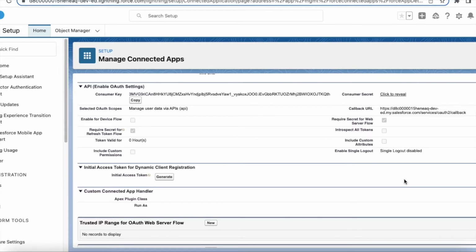The first step for this implementation is we have to create a connected app. Go to App Manager under Salesforce Setup and create a connected app. In the connected app, enable OAuth. Once the OAuth is enabled, we have to give the callback URL. So this is my domain URL, and after that I have a path services/OAuth2/callback,